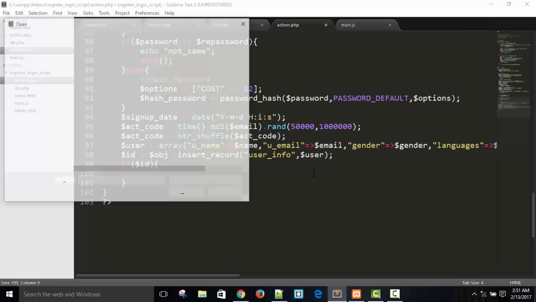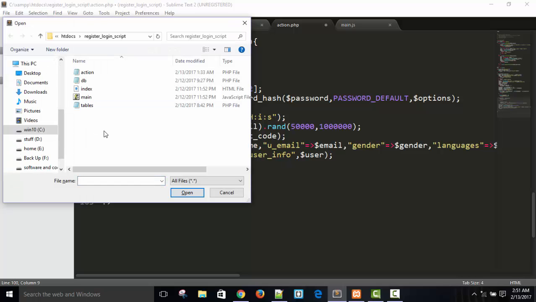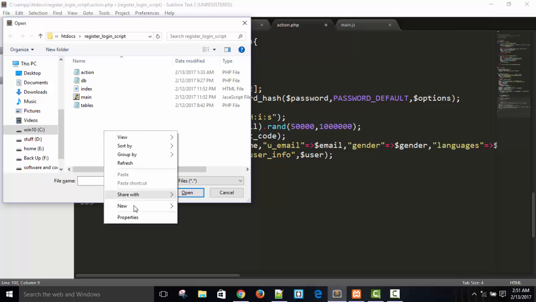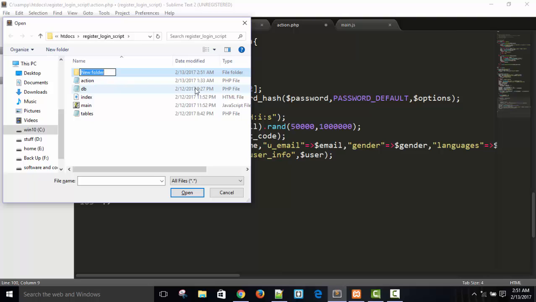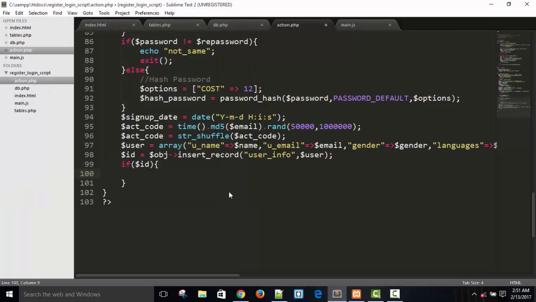So for this, this is the directory where I'm storing my index file, and here I'm creating a new folder. Let me call it user, to keep the user files, profile pictures, and many more things. This is a user directory and it is blank now. So we have to create